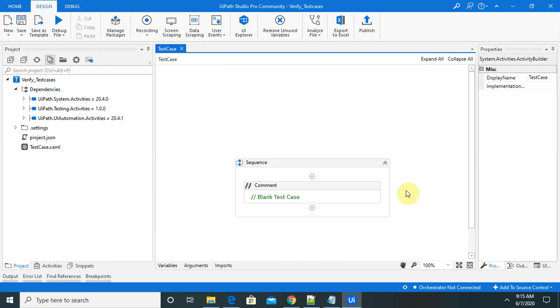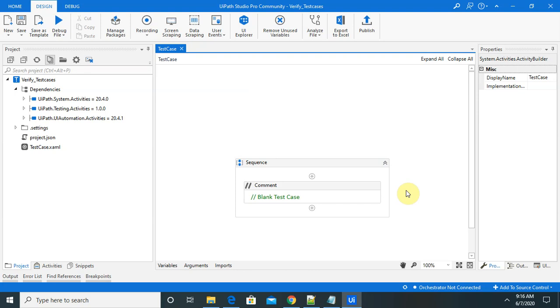In this session, I will explain how to verify the in-between steps of test cases we have created for execution. Just like if you are working on any recording or data scraping wizard, you want to check whether that wizard is working properly in between steps or not. Consider a test case which contains 40 activities or 50 activities or more than that.